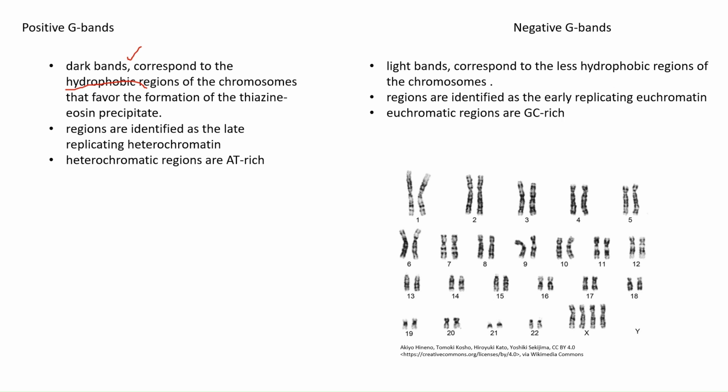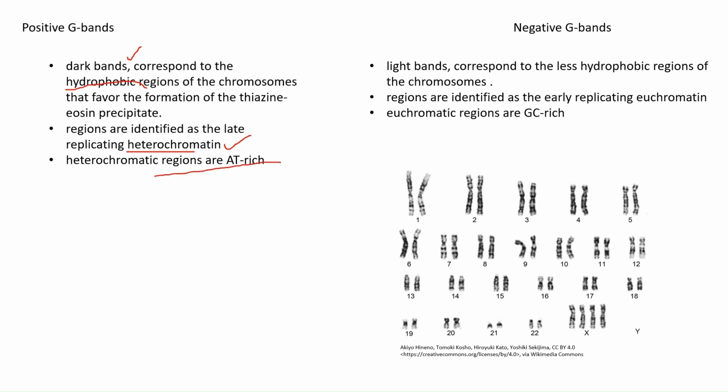So the tight region we call a heterochromatin. So that means positive G bands, because these are dark bands. Dark band means they are getting stained more. Getting stained more means somehow the environment around that is more hydrophobic. More hydrophobic means the segment should be very compactly packed, and the compactly packed regions are called heterochromatin. So that means positive G bands stain the late replicating heterochromatin segment, and heterochromatin regions